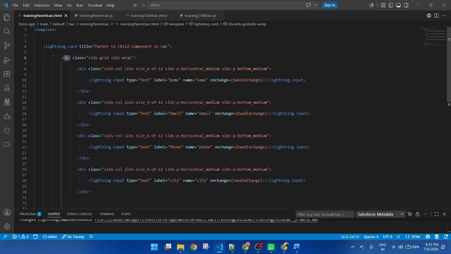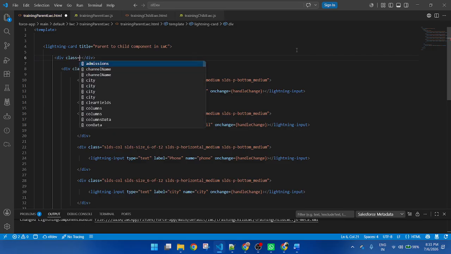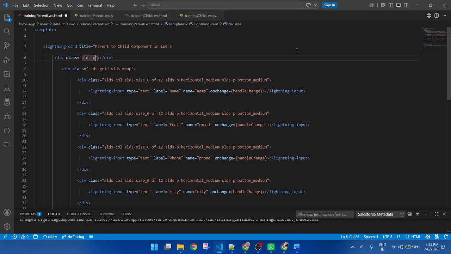And here create another div to give a space. Div class equal to slds-p-around medium.